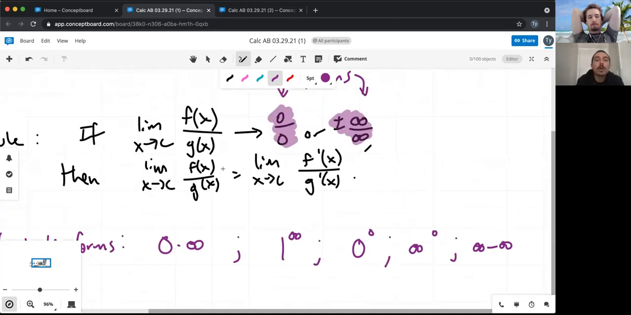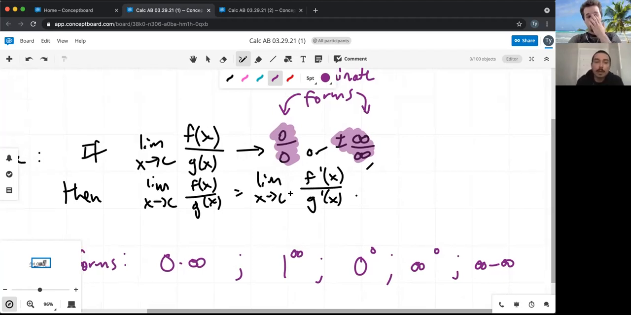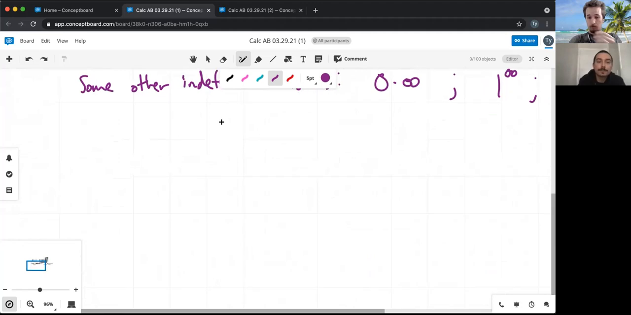So L'Hopital's rule only works for these two forms, but usually, or a lot of times, if you get one of these other forms, you can turn it into one of these forms, and we'll see some examples of that. Here are your steps